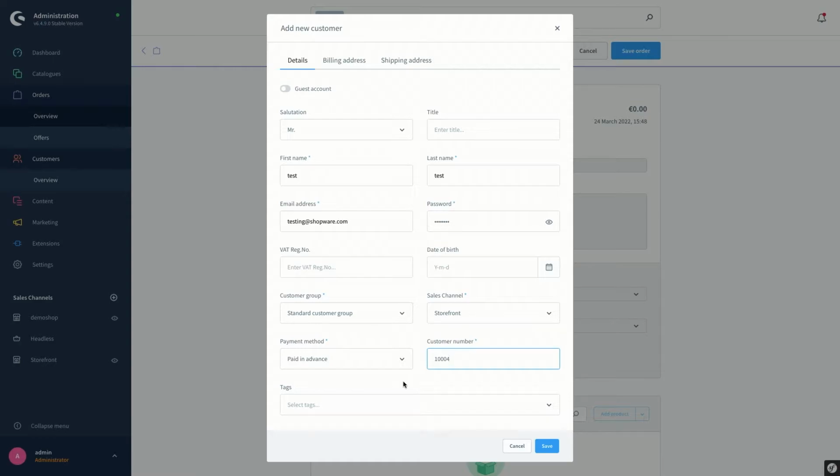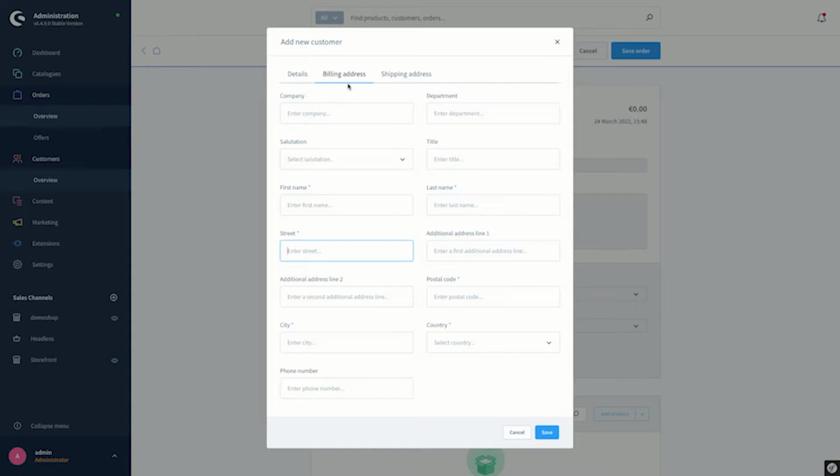In order to be able to save these settings, I have to fill out the billing address also, so I will move on to the next tab. Since the billing address information can be different from the customer details itself, I have to make sure that all the mandatory fields are fulfilled in this form properly. So I will type the information now for the billing address, for the first name and last name, and street information as well, and enter a postal code for the billing address,